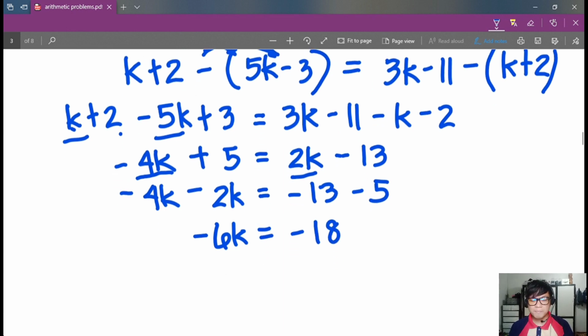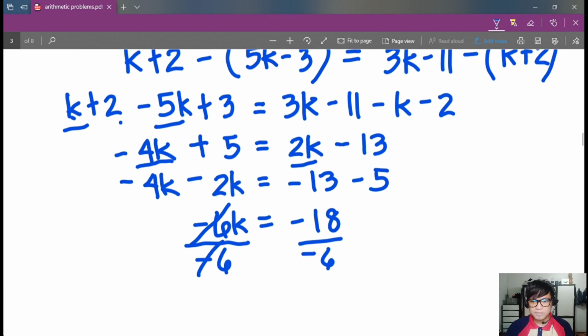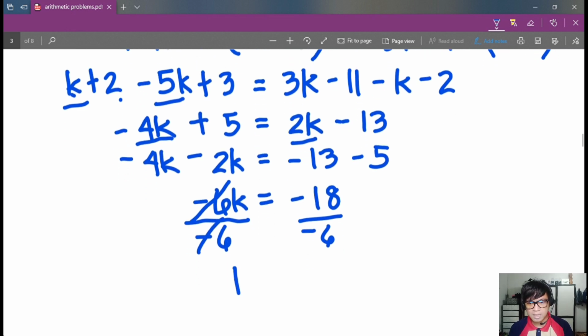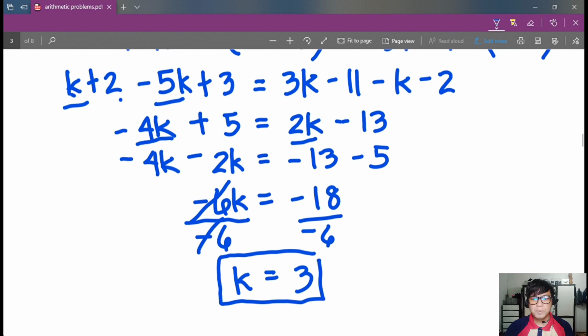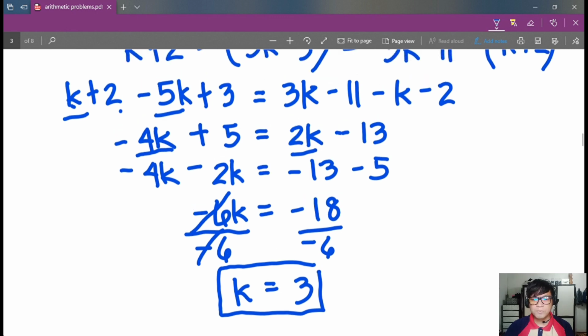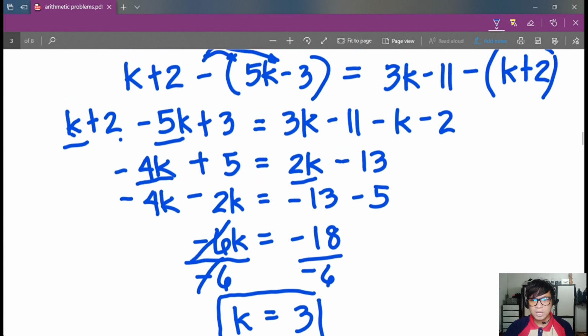Then, para k na lang maiwan dito, ang gawin natin, we will divide both sides by negative 6. So, mawawala na yung negatives dyan. Ang naiwan na lang si k. So, k is equal to negative 18 divided by negative 6. That's 3. So, the value of k is 3. Now, we will check if we are going to substitute the value of k, which is 3, dito sa